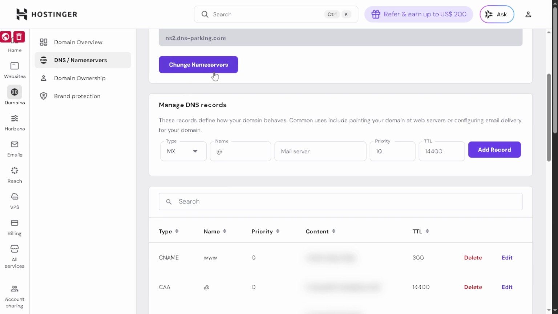To update MX records, go back to the DNS zone in your Hostinger control panel. Remove any outdated MX entries and add the correct records exactly as provided by your email service, including the right host names and priorities. Save your changes. Keep in mind, DNS propagation can take some time, usually up to a few hours, so be patient while the